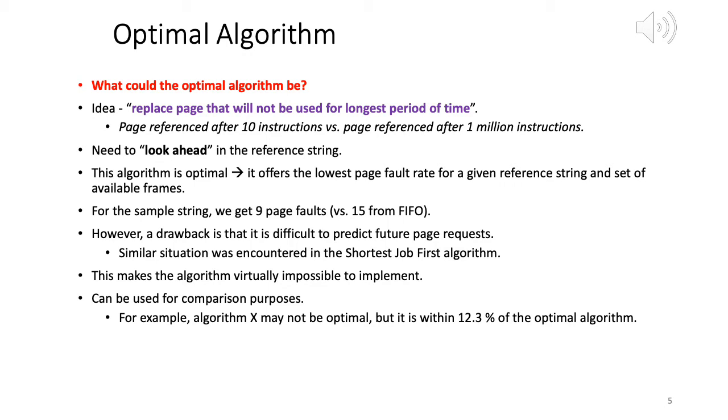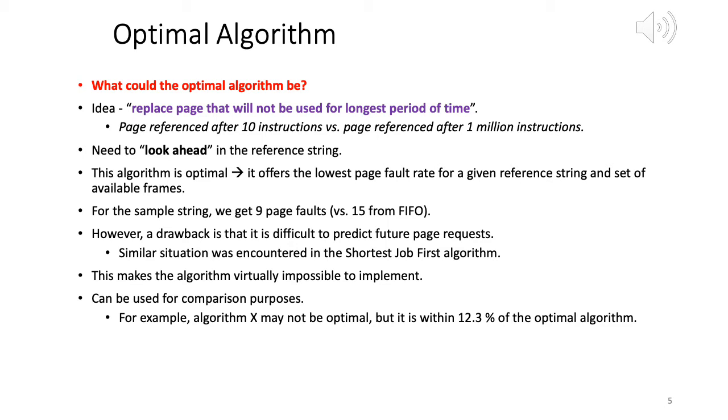The only problem here is it's hard to determine which pages are going to be accessed in the future, because it's a dynamic system, right? If I am opening a Microsoft Word document, what am I opening it for? Do I want to create a table? Do I want to add some references to my paper? Do I want to print the document? Do I want to do spell check? Do I want to change the font size? What do I want to do? When I'm opening the Word document, the OS does not know that, right? But if it did, then of course it could come up with a good algorithm.